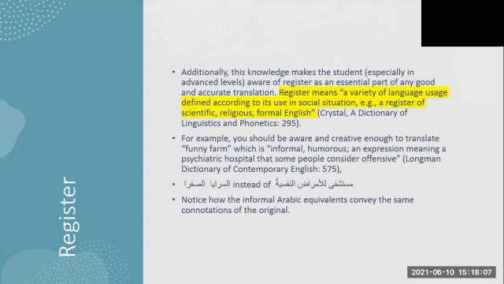فممكن أقول a register of scientific, religious, formal English. ما أتكلم في حاجة scientific لها مفردات غير حاجة religious غير حاجة very formal. So register is part of step 5, and the professional use of the dictionary will help me to understand the register. For example, when you get a term like funny farm,